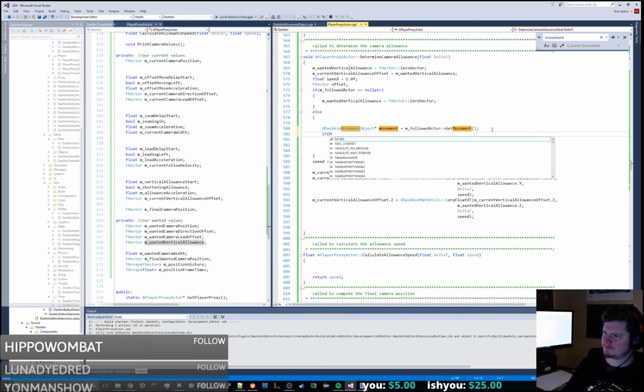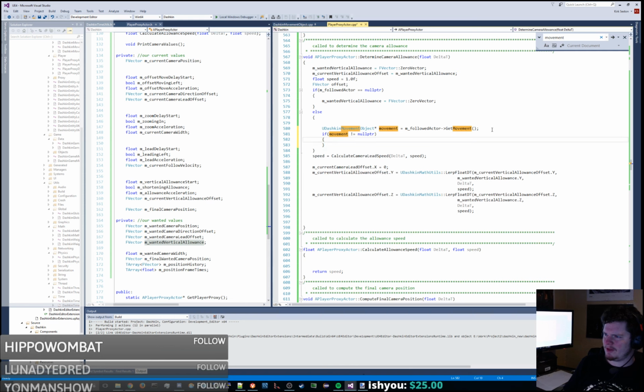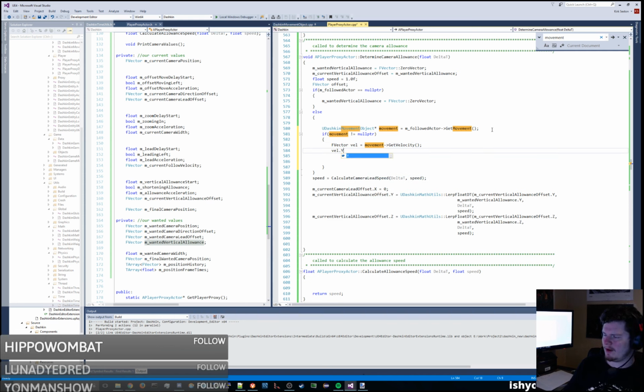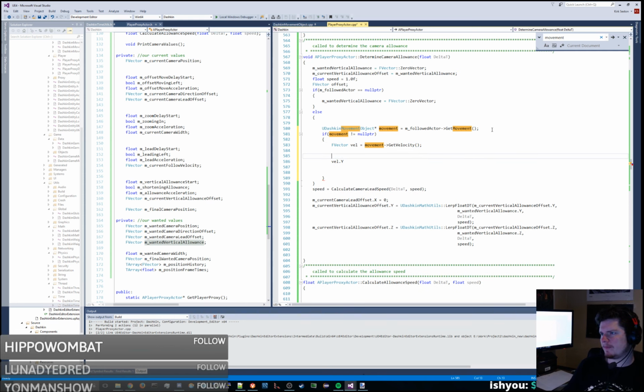If movement does not equal null pointer, then we want to get the y velocity. So it's going to be movement get velocity. So it's going to be FVector vel, like vel.y. So we want our basic vector here. Our offset vector should be